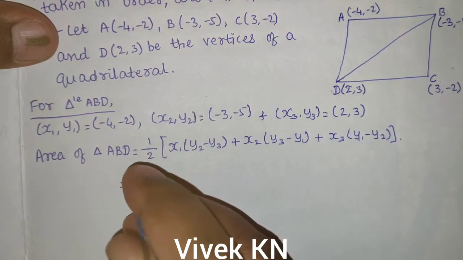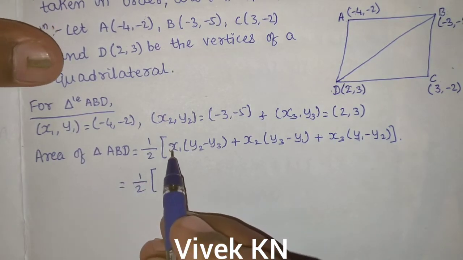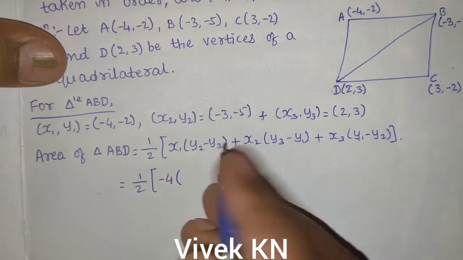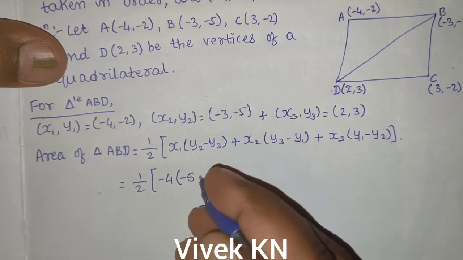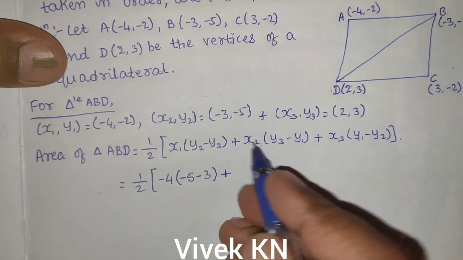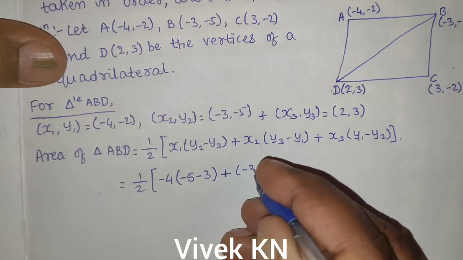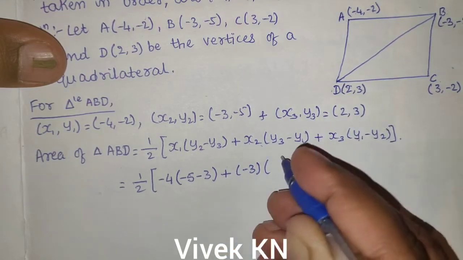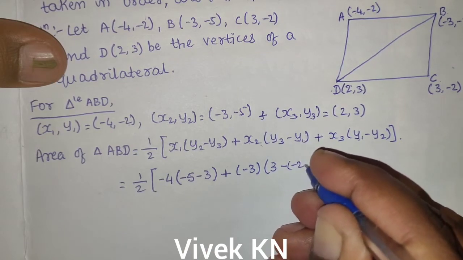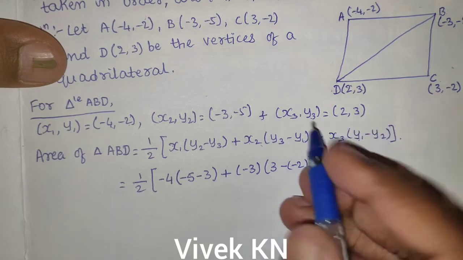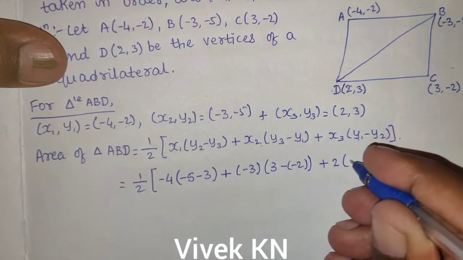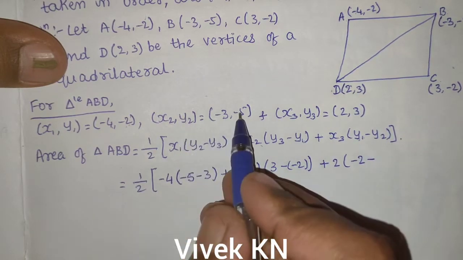So area of triangle ABD is equal to 1 by 2 into the value of x1 is minus 4 into the value of y2 is minus 5 minus the value of y3 is 3, plus the value of x2 is minus 3, the value of y3 is 3 minus the value of y1 is minus 2, plus the value of x3 is 2 into the value of y1 is minus 2 minus the value of y2 is minus 5,